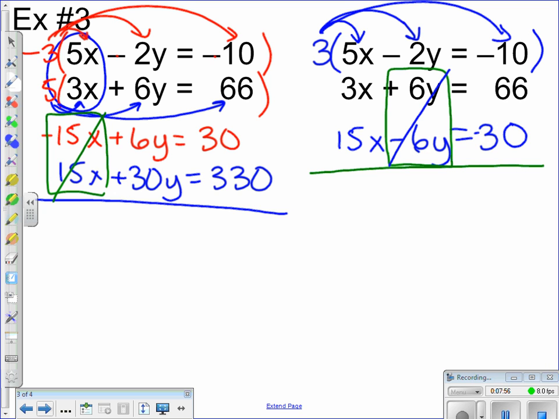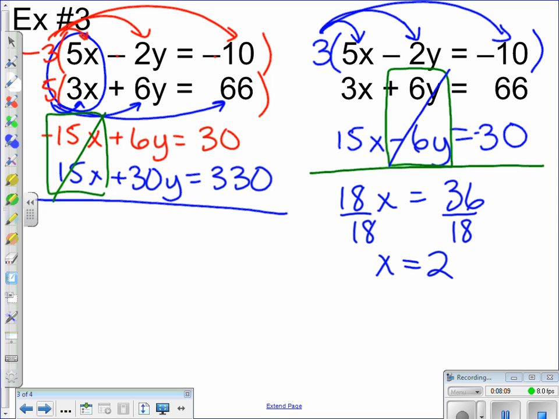If you cross out the y's, we'll get 18x. 66 minus 30 is 36. Divide by 18, x equals 2. And then if you plug that back in, you'll get your answer for y. But if we go back to the other side,